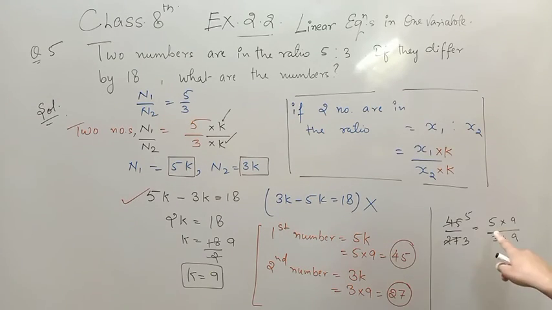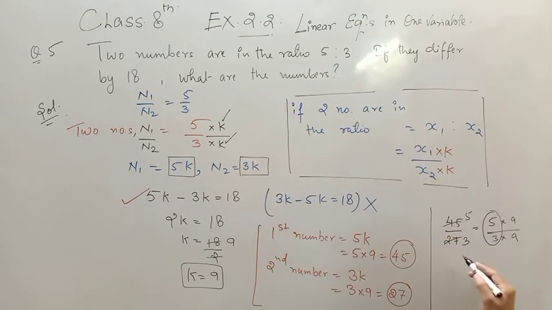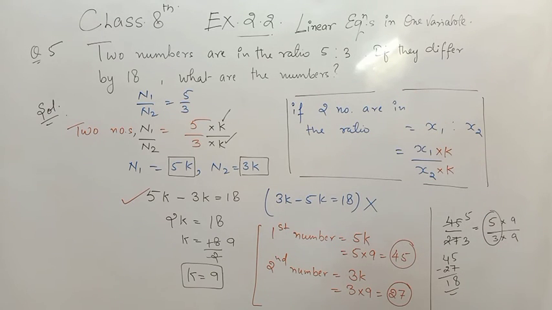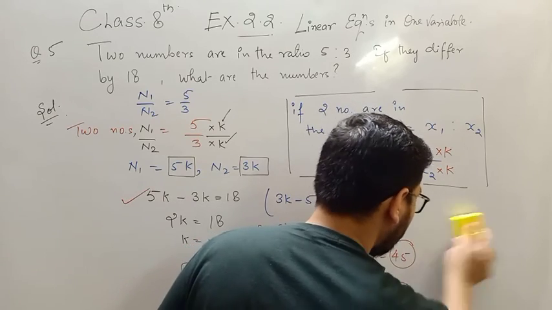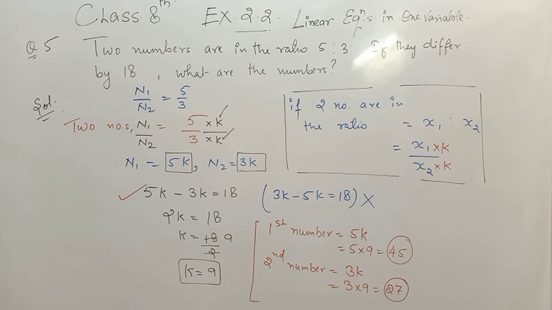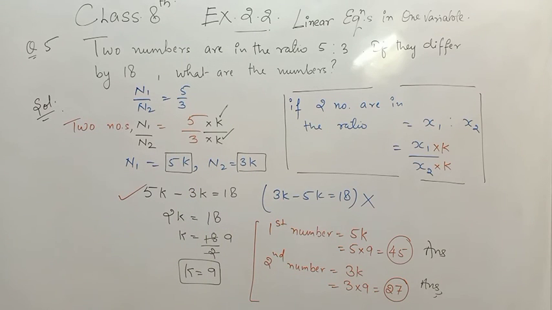Now from here you can just verify that the ratio is 5/3. Now the difference is 18. Okay, you can check 45 minus 27, so 15 minus 7 is 8, 3 minus 2 is 1. Okay, it's 18. So beta, from here it is also verified that our answer is correct. Okay, so please note it down fast. These word problems are very important for you all to learn the concept of word problem. So these two are the answers, right? So what are the numbers? 45 and 27. Please note it down fast.